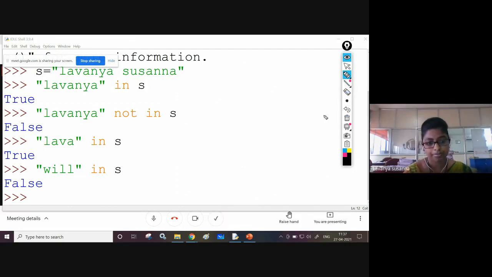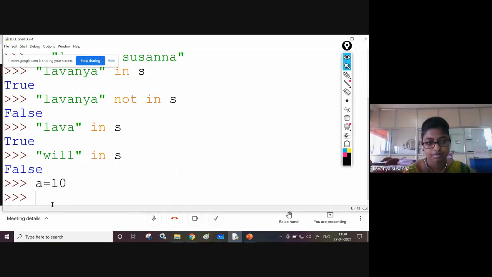Now see what I am doing this way. a equal to 10, b equal to 20.